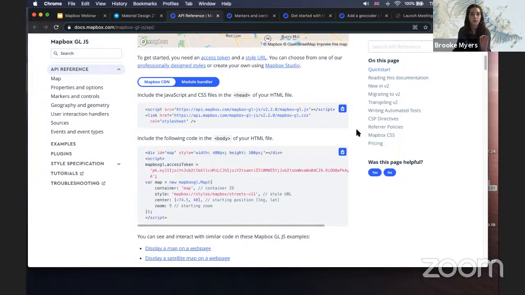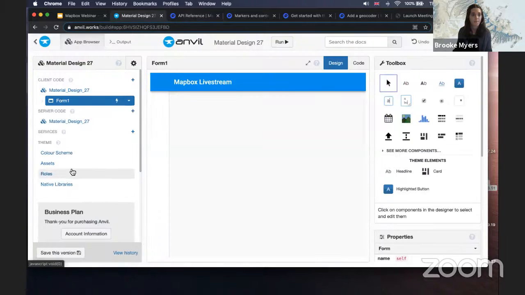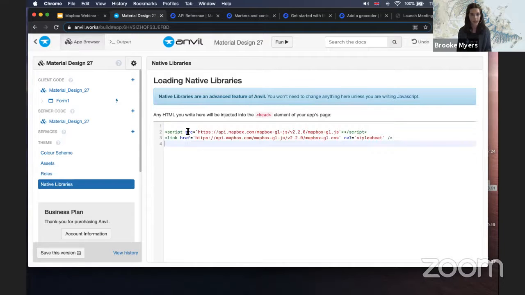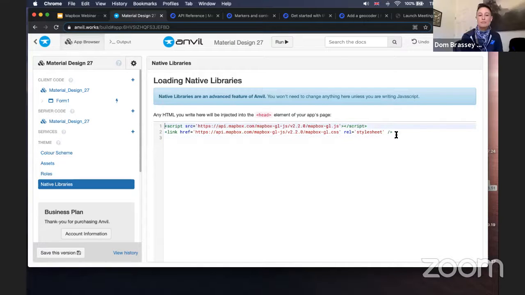So we don't need to write any HTML, but we are going to have to stick this HTML into our app. So I didn't really lie, but there is a little bit of HTML. So in our app, scrolling down here to native libraries, this is where we can put any code into the head tag of our app. So if I just stick this here, this will be in the HTML of our page,